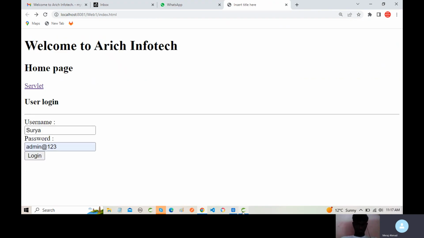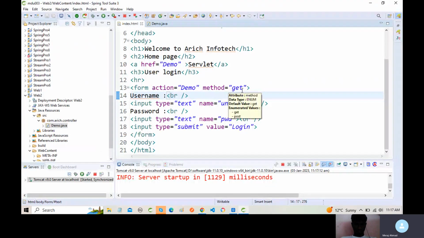So actually, by default the method is get, and we do not need to declare get. By default, this is a get. But suppose we want to work on post, so we have a second option, post. So here we can change it to post. Okay. Now again we are going to execute